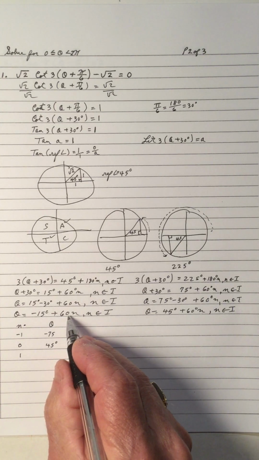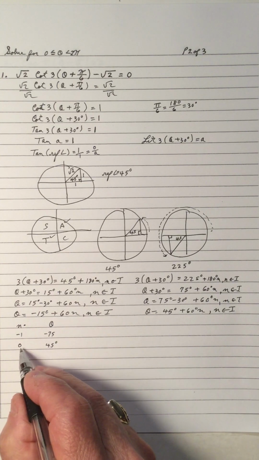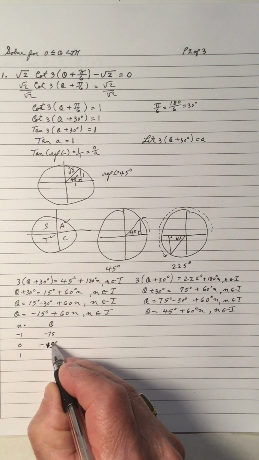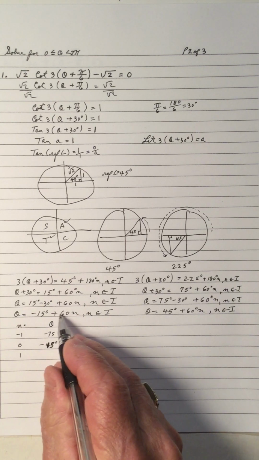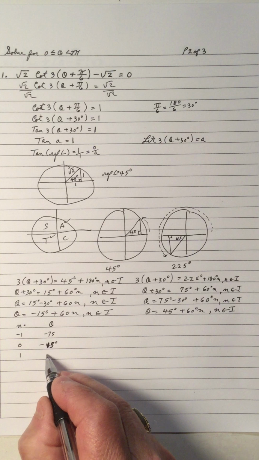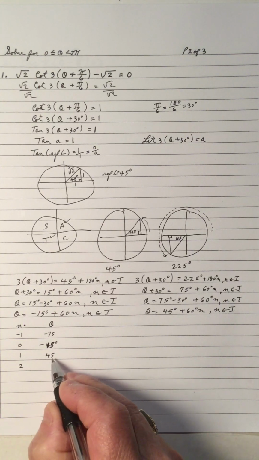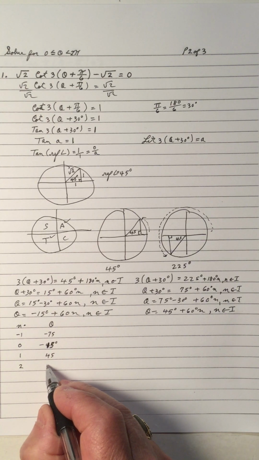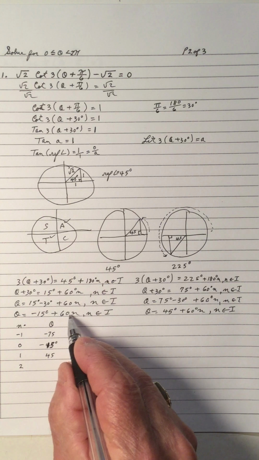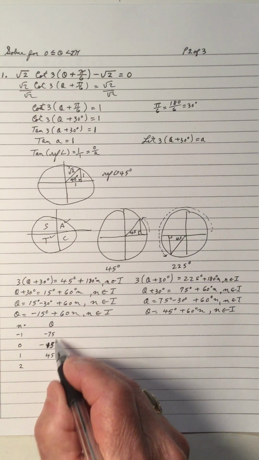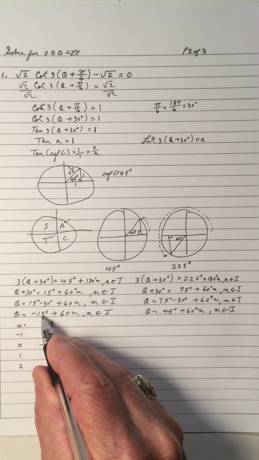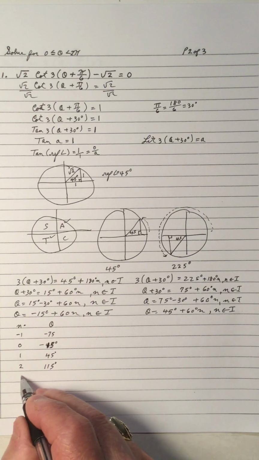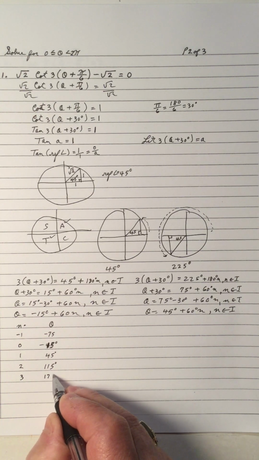If I put 1 in... put 0 in here, I get a negative, my mistake, I was working. I put a 0 in, I get 0, minus 15 gives negative 15. I put a 1 in, I get 45. Put 2 in, notice we're adding on 60 each time. So I put 2 in, and I get 120, and 120 minus 15 is 105. So what you can do here is just add on 60 each time. So that's 165,